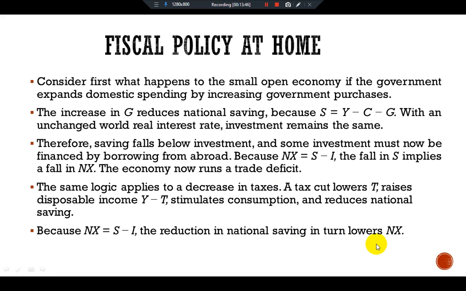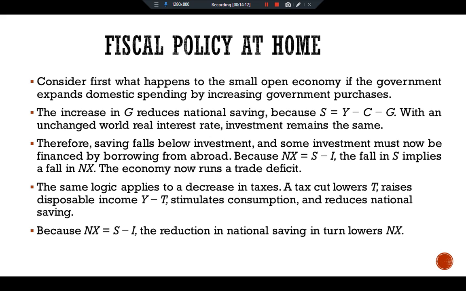lowers the net exports, even though some of the tax cut finds its way into private saving. Public saving falls by the full amount of the tax cut, so total saving falls. So for further discussion about how fiscal policy at home affects